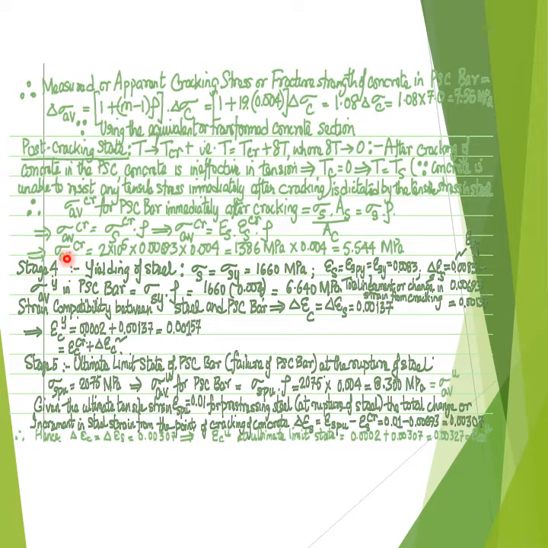Since the stage 4 and stage 5 corresponding to the yielding of steel and the ultimate limit state of the prestressed concrete bar are exactly the same as those for the corresponding reinforced concrete bar, with the exception that